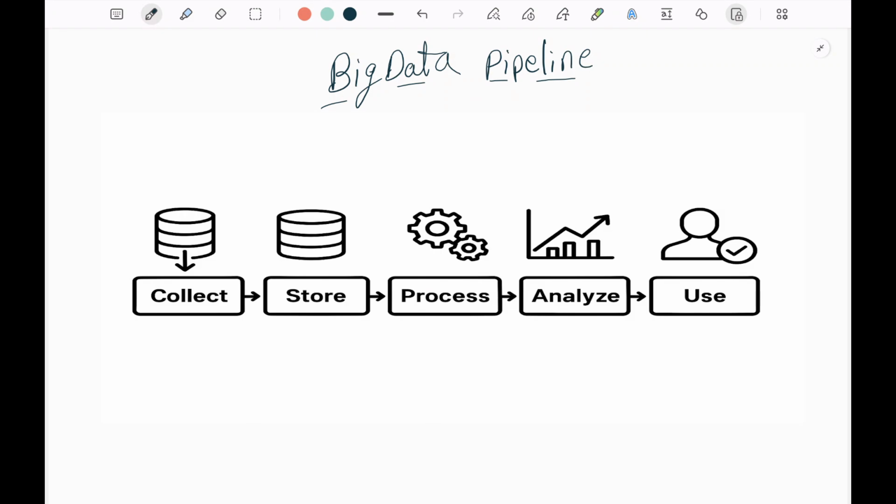So after that, processing means turning raw data into something usable. It has a lot of steps in it. Like we sort the data, we filter it, we aggregate it, we join data from multiple sources with multiple data sets. There's a lot happening in processing the data, which we'll see in the further chapters. And then after processing, we have our data ready, which will go for analyzing and visualizing. There we create charts, dashboards, and reports, trends, patterns, predictions, and recommendations. So the big data pipeline is basically collect, store, clean, process, analyze, and the output.